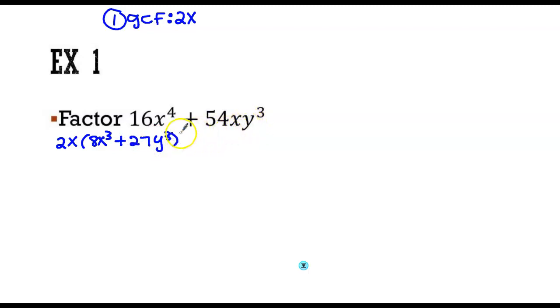Looking at that, now that I have factored out that GCF of 2x, I noticed that this 8 is one of those perfect cubes, and that 27 is also one of those cubes. What we have here inside the set of parentheses is a sum of cubes type problem that we're going to use the formula for. I'll write the formula up here. A to the third